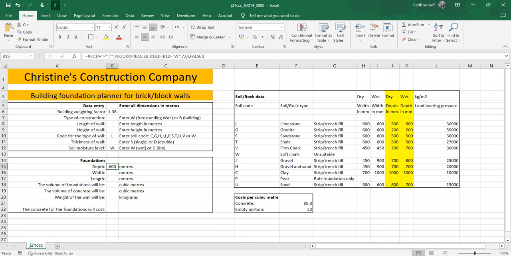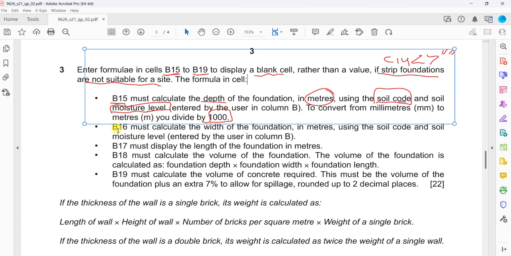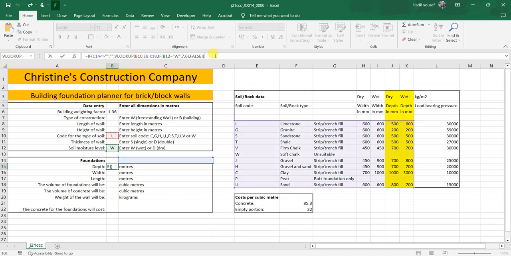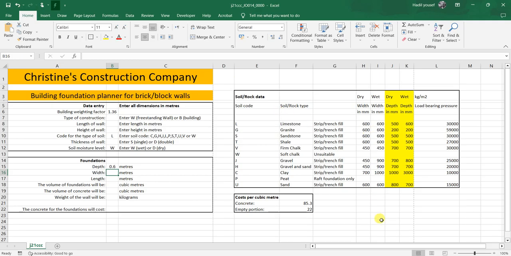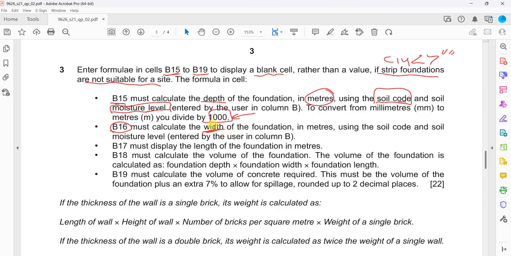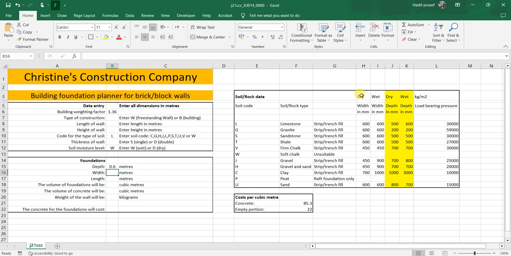Okay, now next question here. B16 must calculate the width, not the depth, for the foundation, also in meters. We forgot to convert. Let's convert before. This value should be divided by 1000. And here we need the width as well, and it will be the same work as depth, but the difference is the reference for the width